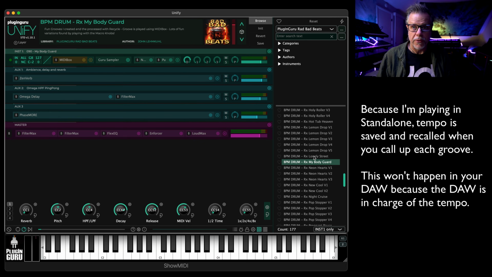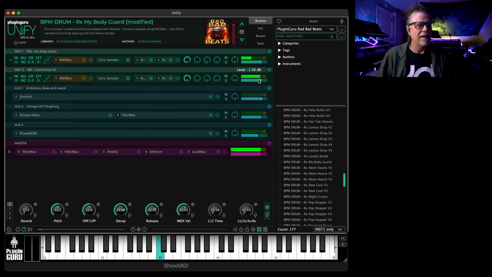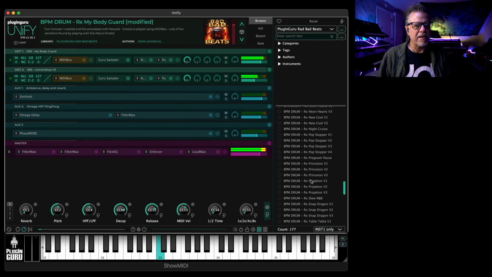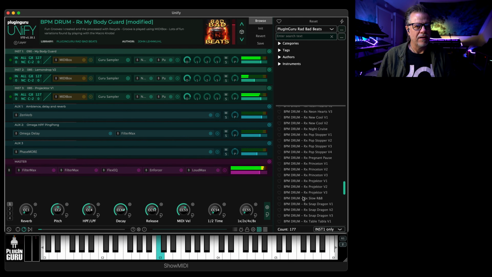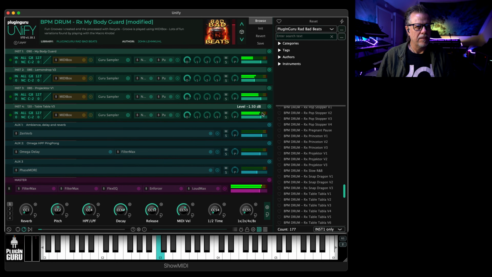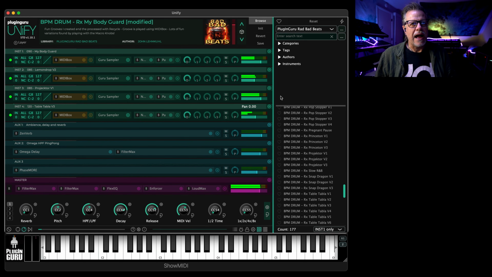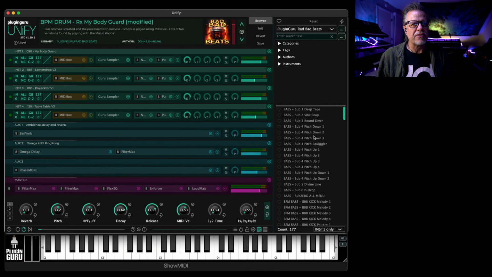So even if it was a groove that was made for 110 beats per minute, some of these make really, really cool background elements. You know, and now have a knob to change mixes of the different elements like I showed you earlier. It's so fun. And then on top of this, up at the top of the list, there's sub basses, and